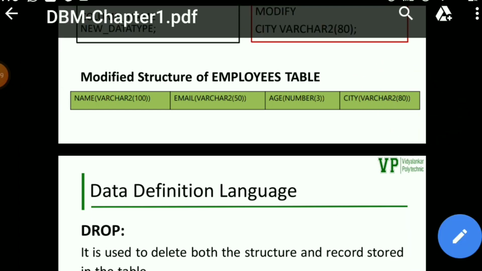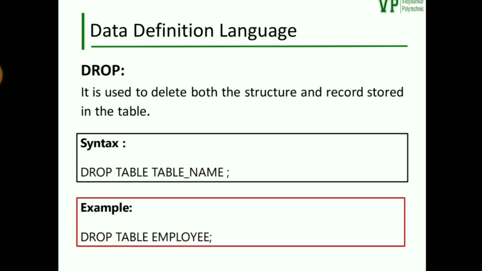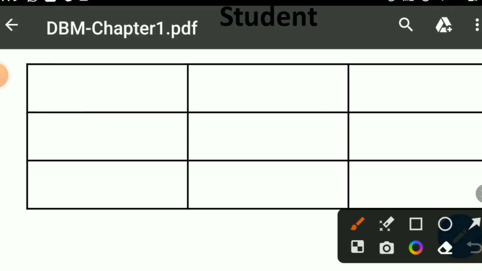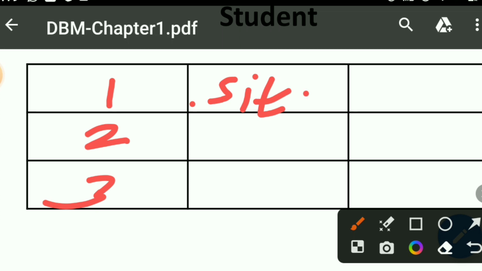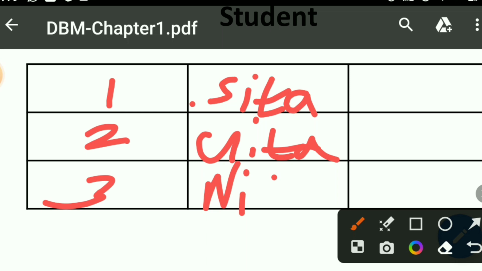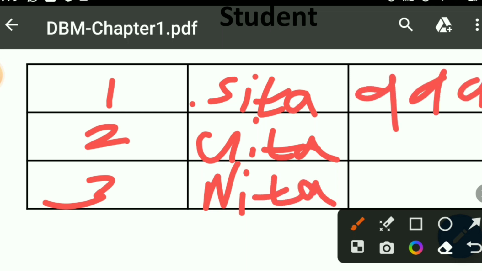Yeah. Now we have a further command in DDL, which is drop. Drop is used to delete both the structure and the record. What I'm trying to say is, suppose we have a table called student having the data 1, 2, 3, Sita, Geeta, Nita, and phone number as something like 999-888-777.